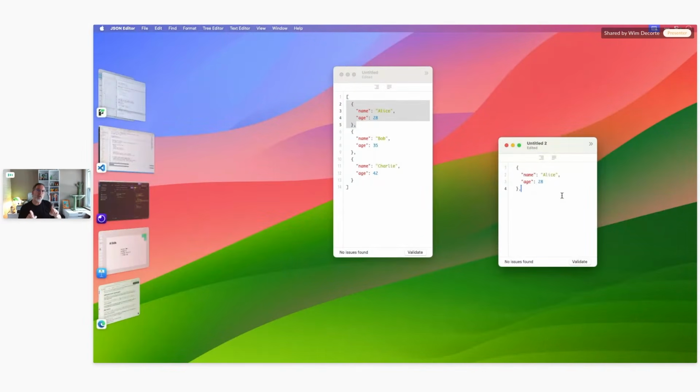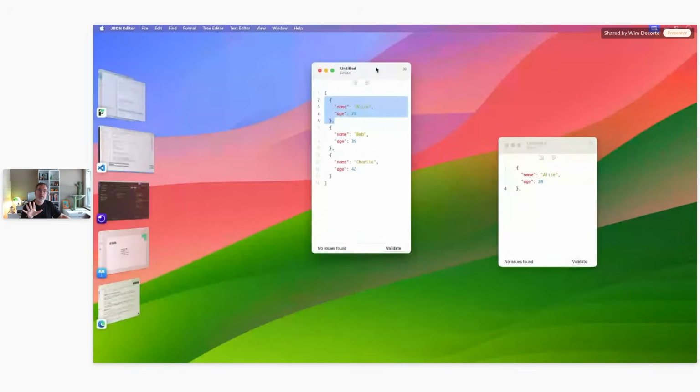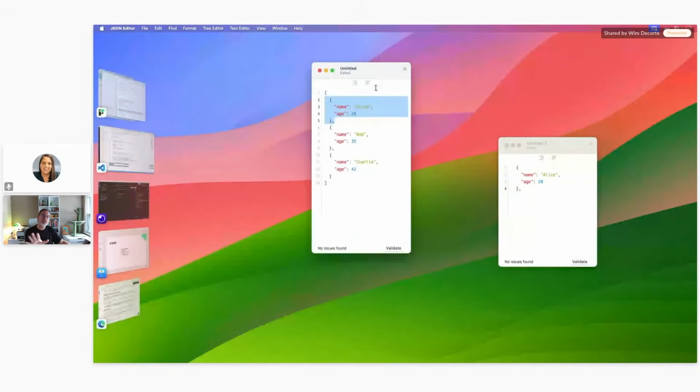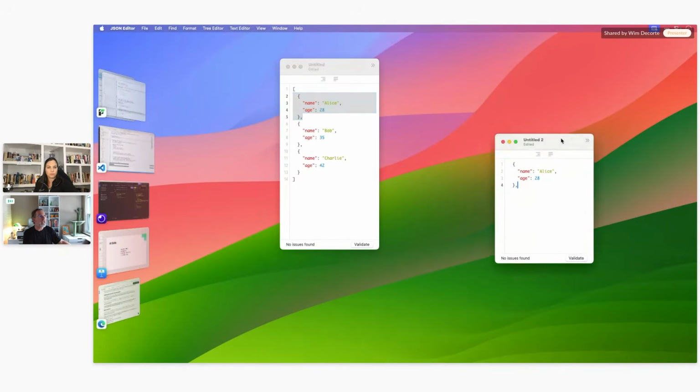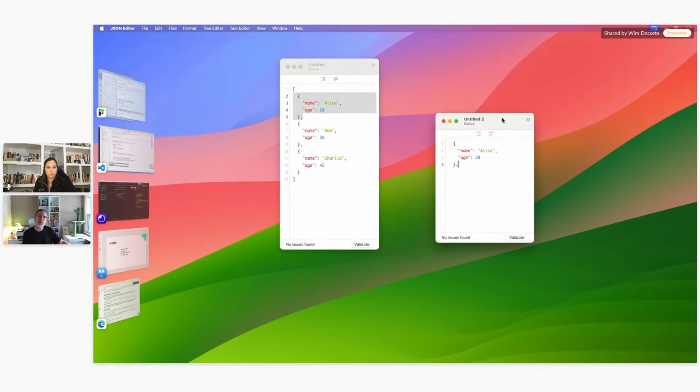What happens before FileMaker 22 is that FileMaker could only hold one parsed JSON object in memory. And in the beginning, it would be this one. It's the bigger one. But as soon as you do JSON get element, it would basically blow away the cache for this parsed object, and it would say, I'm keeping this one in memory.